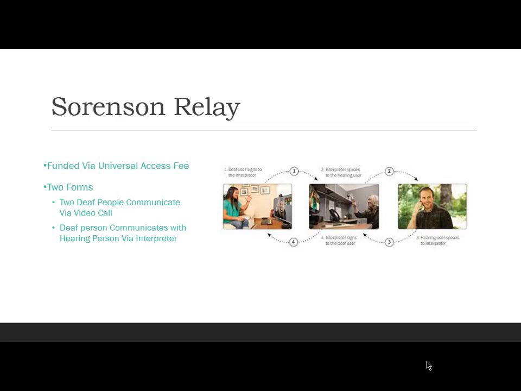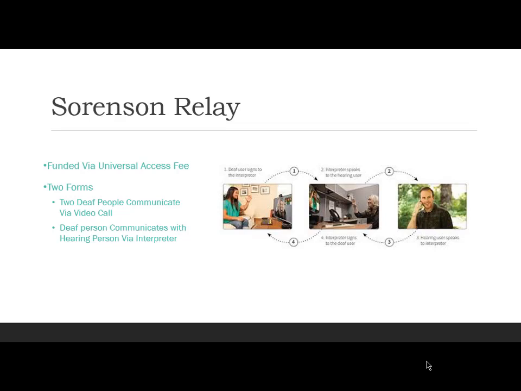We have, on the left, the person who is deaf. She has a video connection to an interpreter. That interpreter then is interpreting that information and then speaking to that person on the other side of making the phone call, the hearing person. It takes a little bit of getting used to for a hearing person to make a call